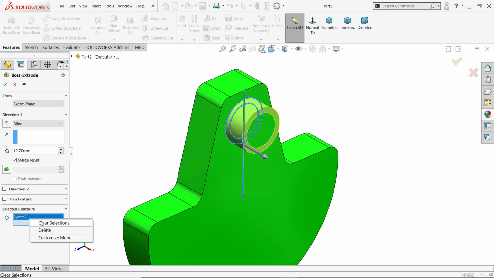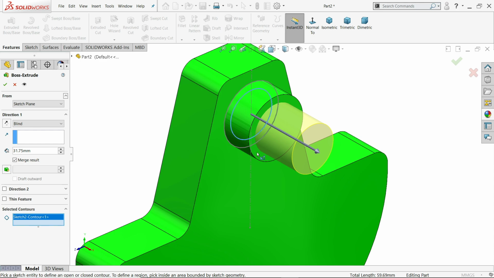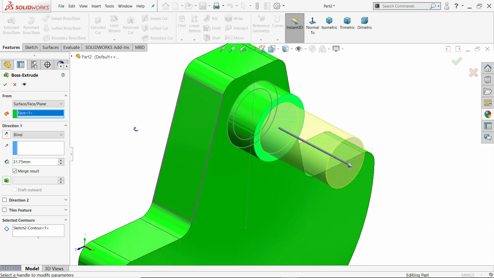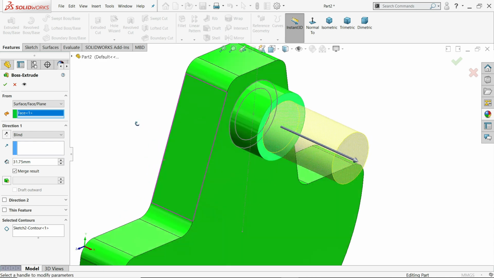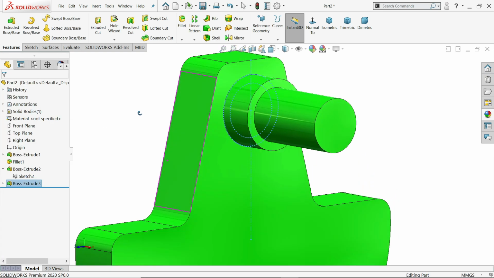In selected contour clear and choose inside edge. Keep end condition blind, 31.7 millimeter, but not from here, the distance from this outer surface. So here option from surface and choose this surface. See, it is going to move from the outer surface. Say yes.